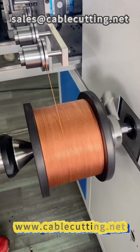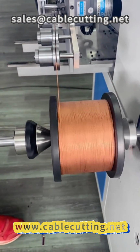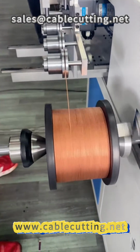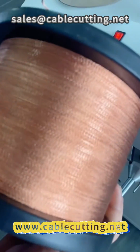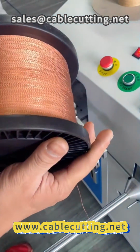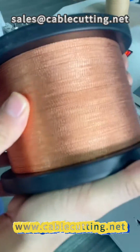Our meter counting winder is your ideal partner for wire processing. Whether you're producing wires or cables, it can help you achieve efficient, accurate production. It is committed to enhancing production efficiency, reducing labor costs, and giving you a competitive edge in the intense wire and cable market. If you're looking for a device that can improve work efficiency and accurately cut wires, our meter counting winder definitely deserves